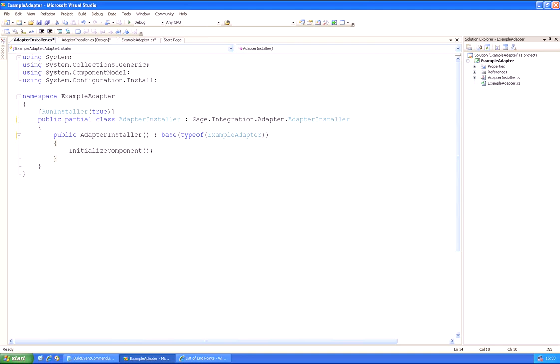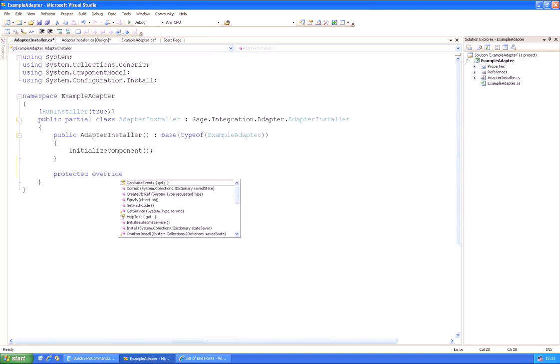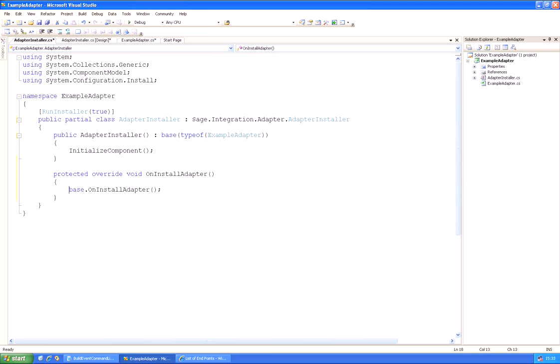So now that we've done that, the only thing that we need to do is override a single method. So I'm going to override a method called uninstall adapter. Here, this is what is called by the SIF when it is actually registering with the Sage integration framework. And all we need to do here,